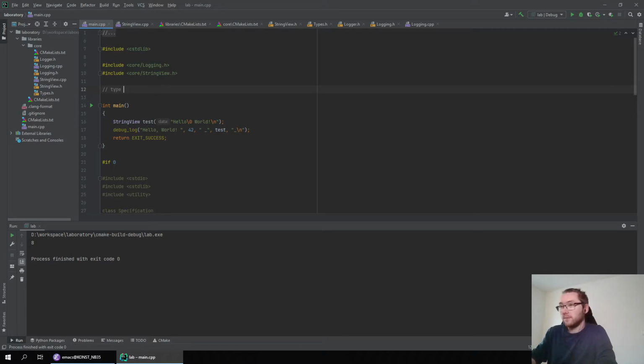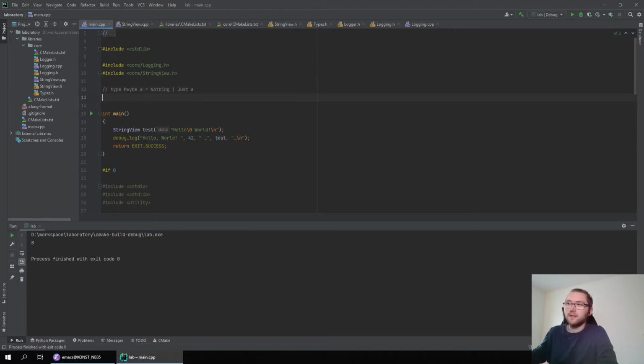Haskell has a thing called maybe. I don't remember, I think Nothing and Just are the constructors for this type. Haskell has a type called Maybe, which differentiates between the absence and the existence of a value. For example, if you have a method that returns a value under some conditions, then you can use this type.